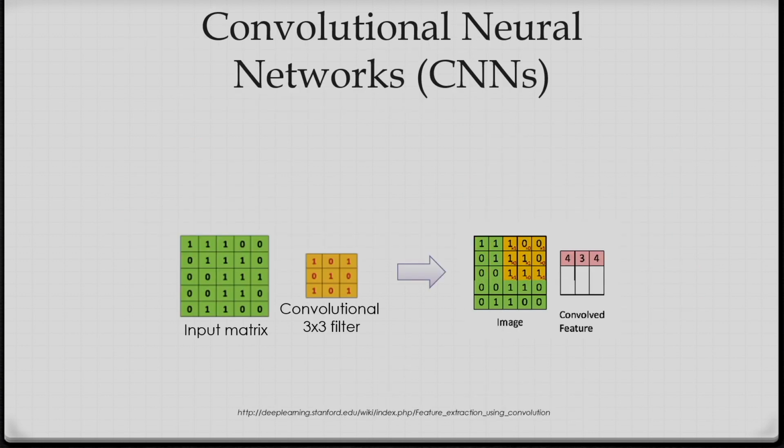In this illustration I am showing again the concept of convolution. I am considering the input matrix and a 3 by 3 convolution filter. After this you can see the process of the convolution. After convolution I will be getting the feature map. You can see I am getting the feature map here.